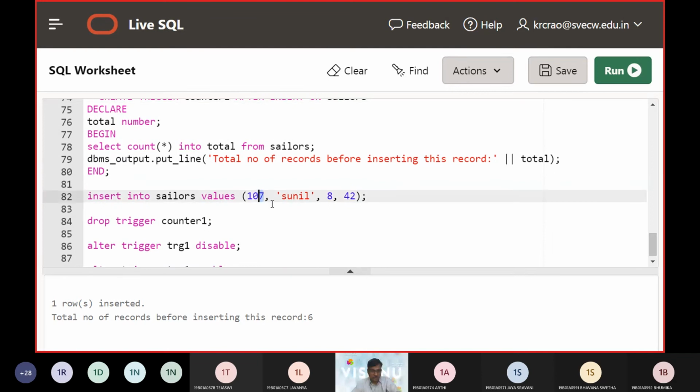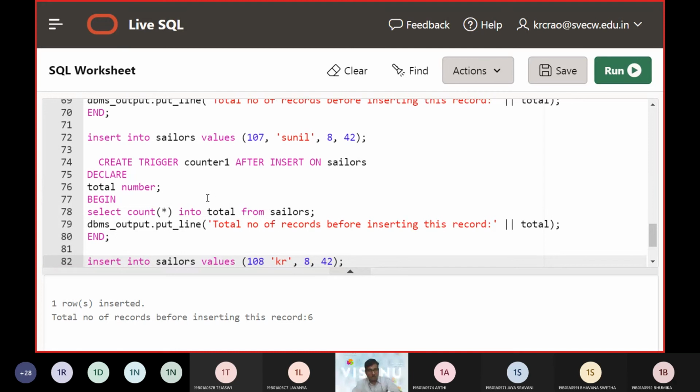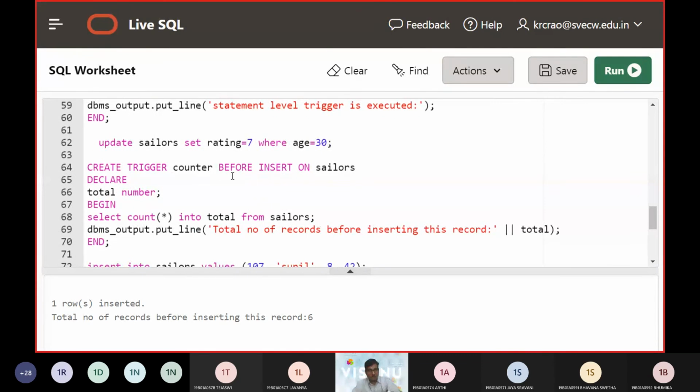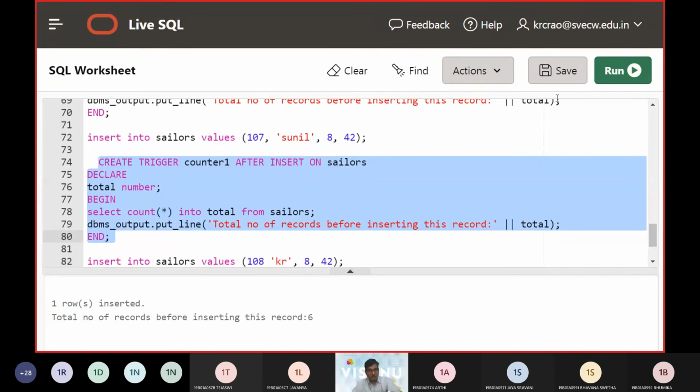Now I'm going to insert 108, and the name I'm going to call it KR. Then I can put the same things here. Now let us see what is going to happen. Previously it was a demonstration of before insert. Now it is an after insert.